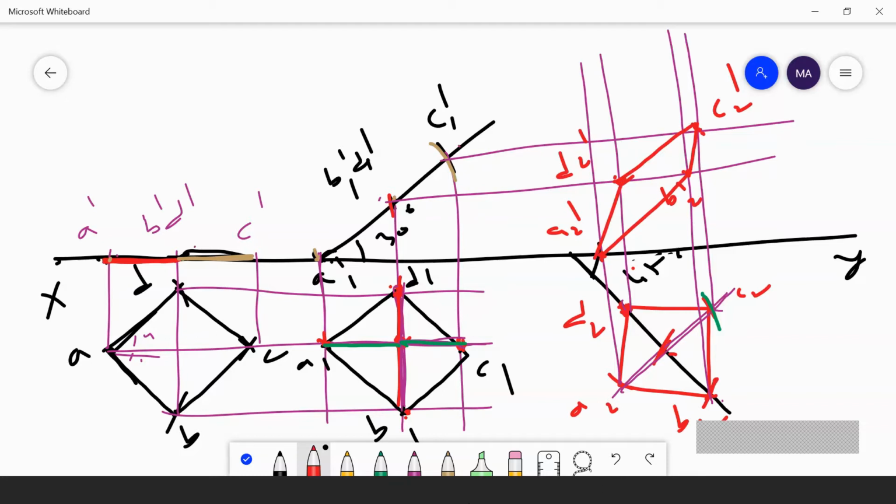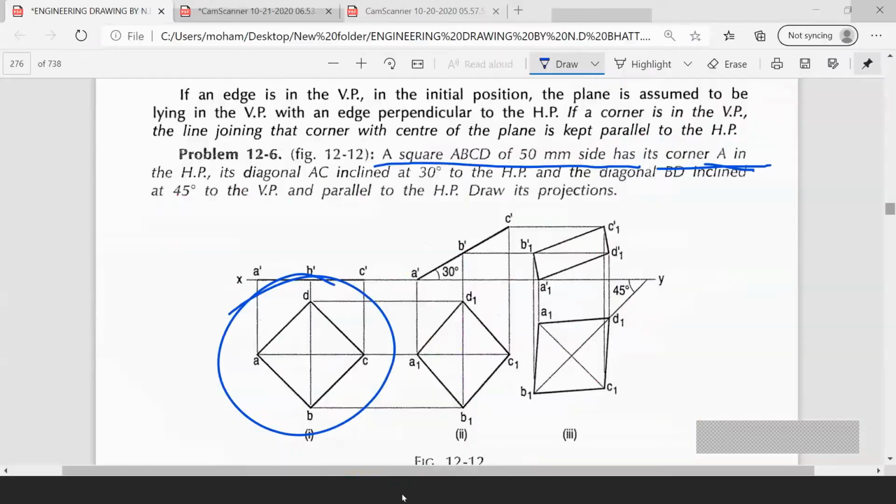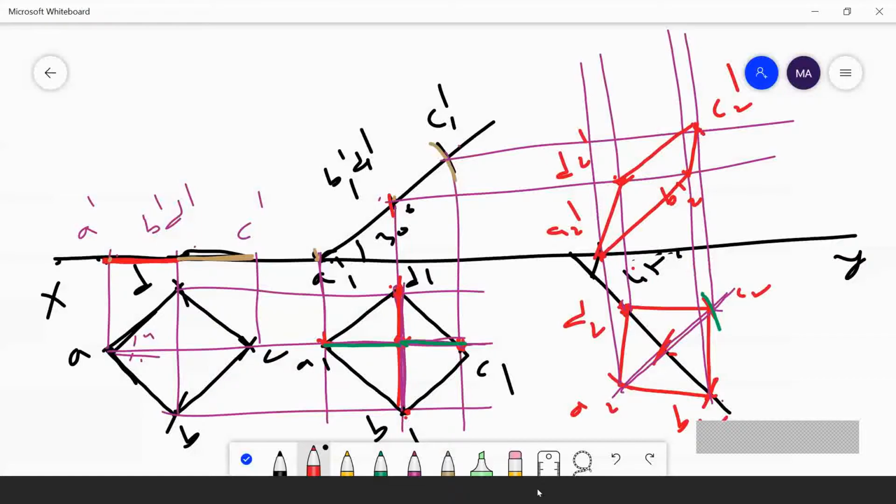Okay. When you see the diagram in the textbook, the final diagram will be like this. You draw with the dimensions. Is it clear? In this way you have to draw this diagram. Draw it within 5 minutes. Just, I will explain the next problem.